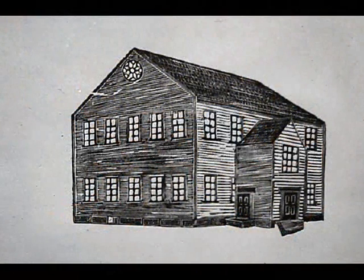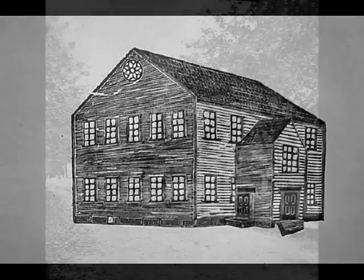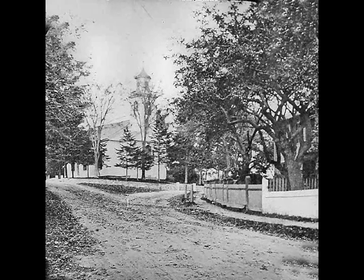The first Congregational Church in Natick. The Elliott Church. This church is the fifth of the Elliott churches. The others were either destroyed or torn down due to rot. The first church was built in